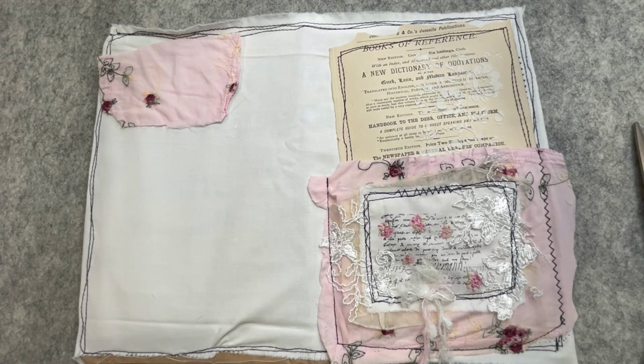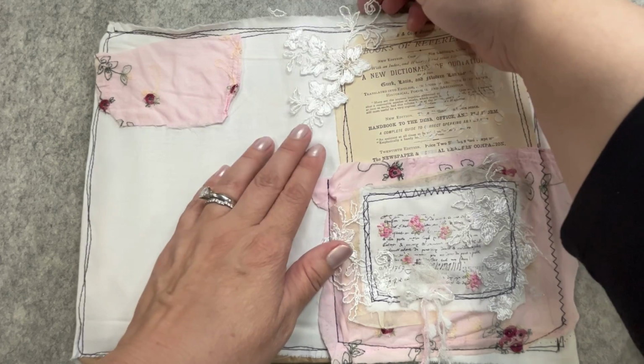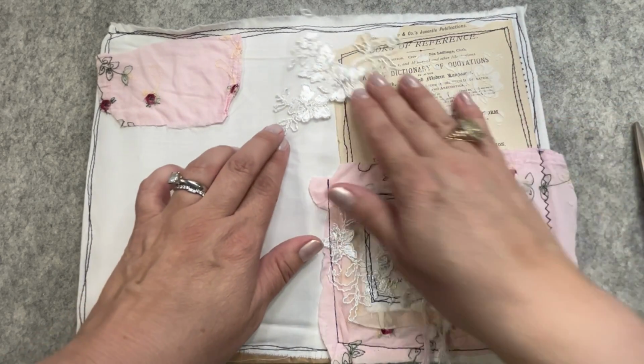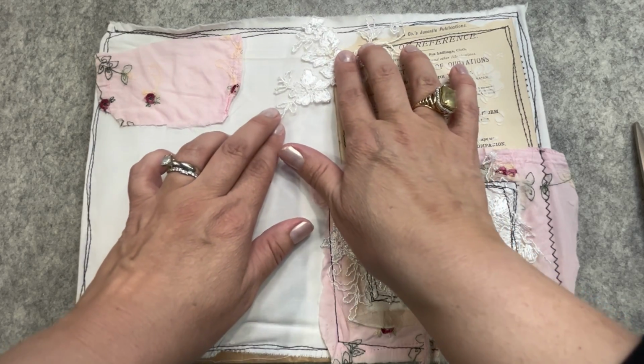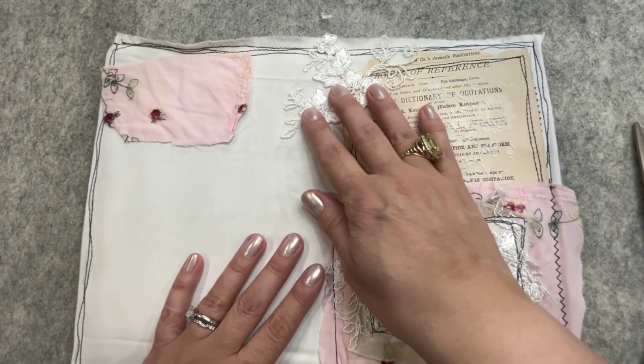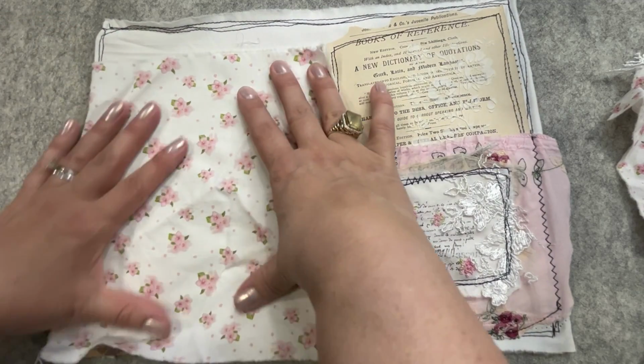Isn't it gorgeous already? But of course, we cannot leave it like that. So I need a little bit of laces. So I'm just figuring out a little bit what I want. And that lace could be placed there. I tend to work on the flat surface, but I regularly